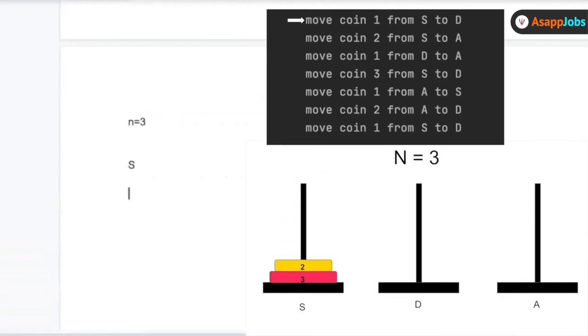So for example, suppose n is equal to 3. Now here your doubts will get clear. So I have a source, I have a destination, and I have something called auxiliary. Initially it was 3, right? It was 0, and it was 0, right? Now I want to first move the one coin from the S, the smallest one I have to move. So first of all, I moved the one coin here, and it was left with 2, and it was left with 0, right?